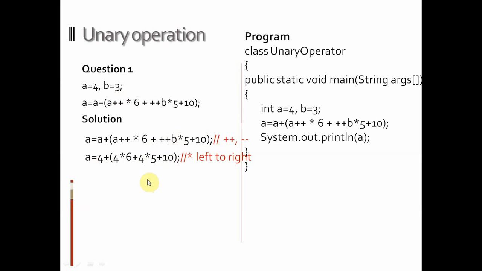Now this expression will execute. To solve an expression, we have to follow two types of rules. First, precedence of operator. Second, associativity of operator. So according to precedence, bracket precedence is always high. It is the topmost priority operator, bracket. So first of all we will solve the bracket, and for the bracket we can look here.